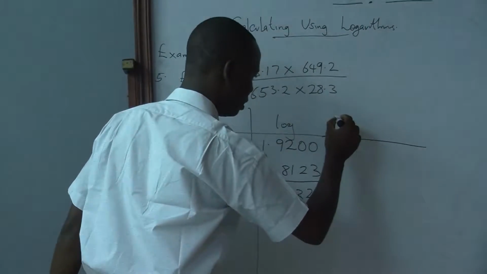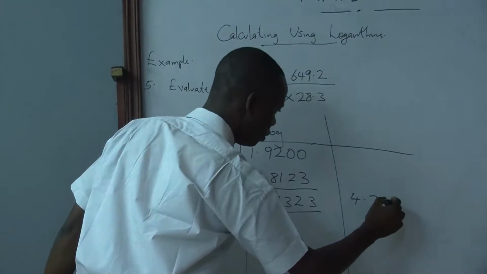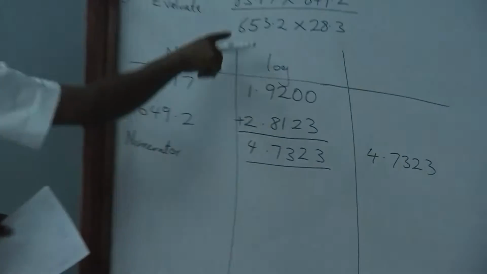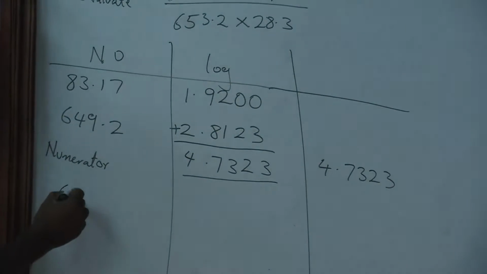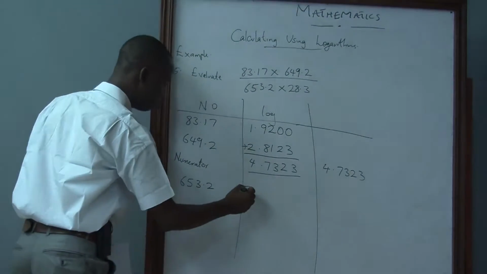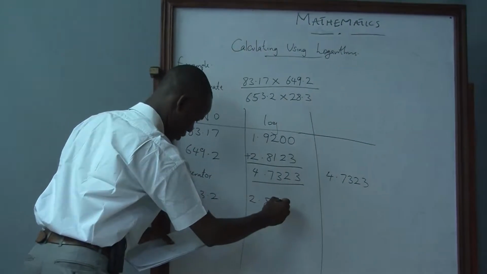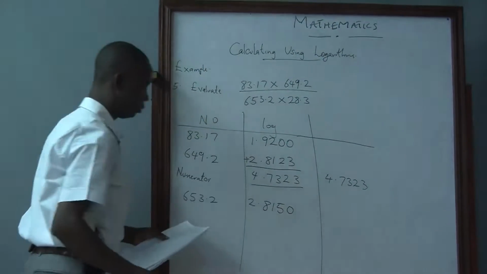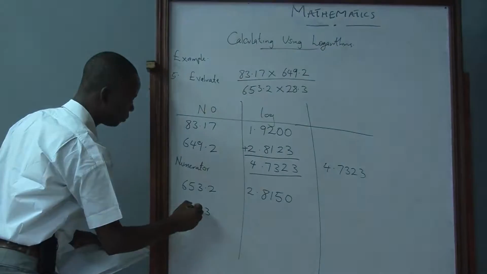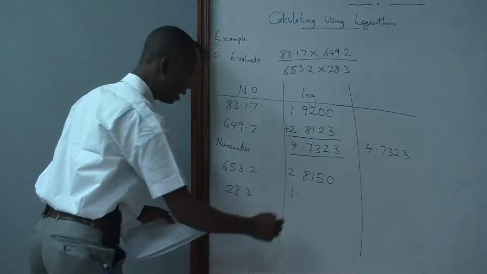Okay, I have the numerator, 4.7323. That's my numerator. I move forward to what I have here. There I have 653.2. And here, the characteristic is 2. Then I move to the multiplier. The multiplier is 8150. So the last number I have there, that's 28.3. The characteristic here is 1. And the multiplier there is